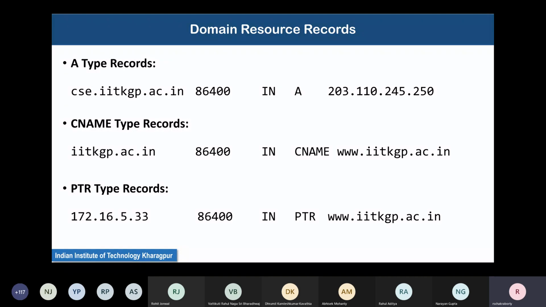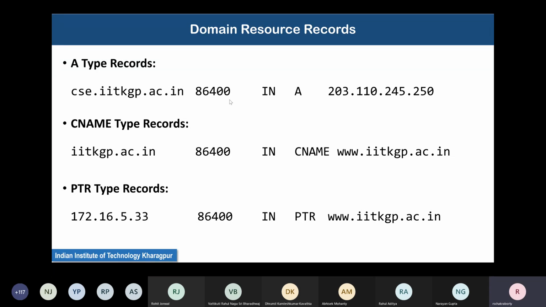This has a string, which is the name of the machine or the server. Then there is a time to live field, TTL, which is written here as 86,400.